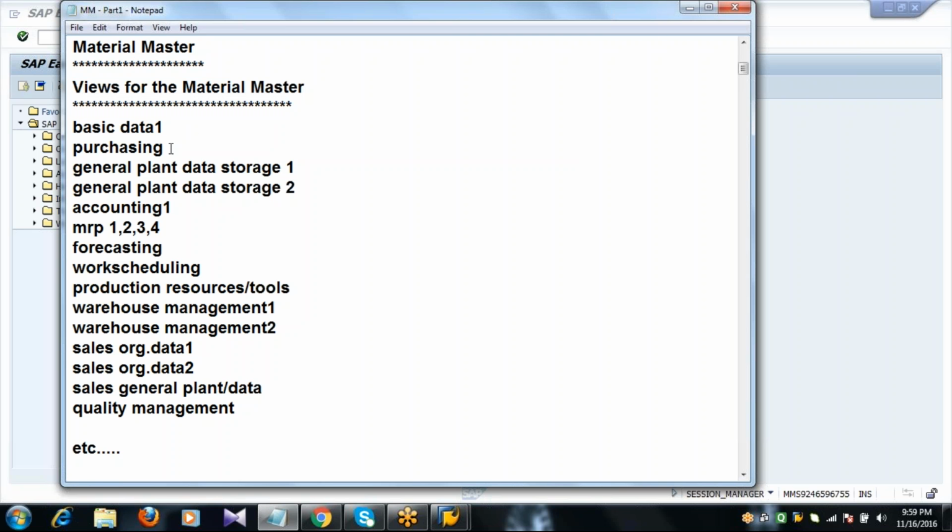Basic data 1, purchasing, general plant data storage 1 and storage 2, accounting 1, MRP 1, 2, 3, 4, forecasting, work scheduling, production resources tools, warehouse management 1 and 2, sales organization data 1 and 2, sales general plant data, quality management, etc. So like this we have so many views to be maintained. Now which views belong to which module? That is very important.